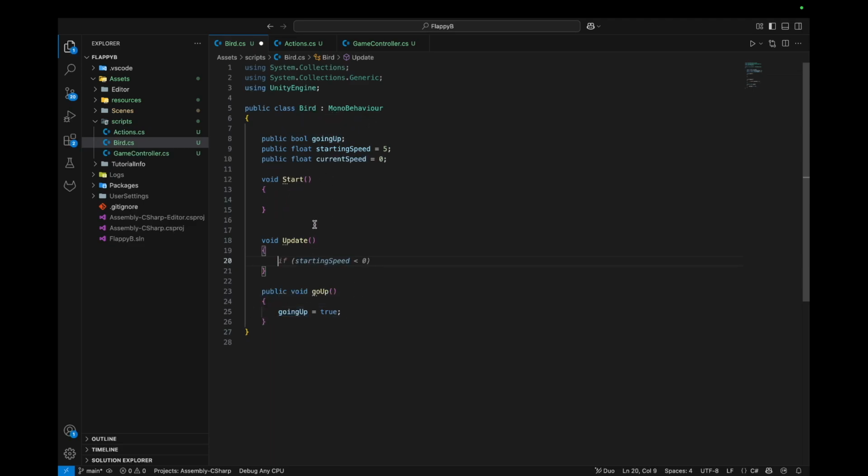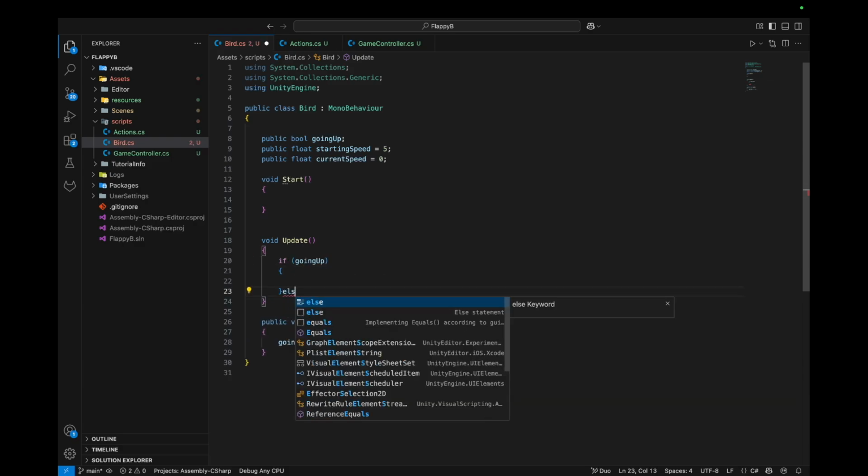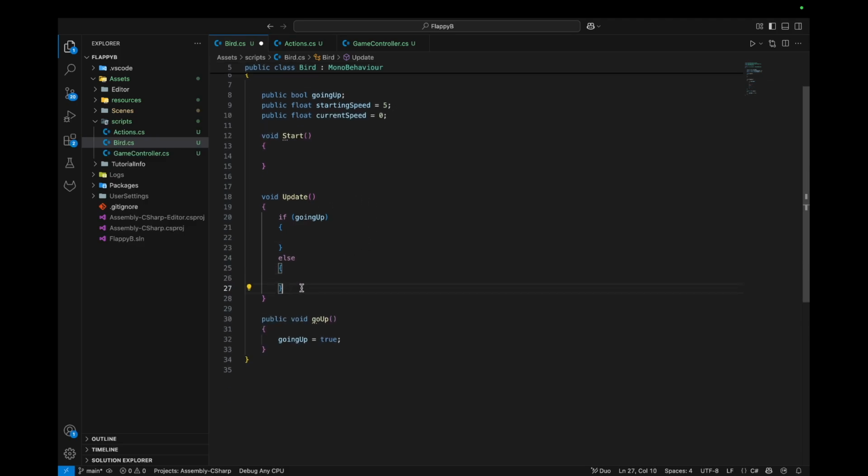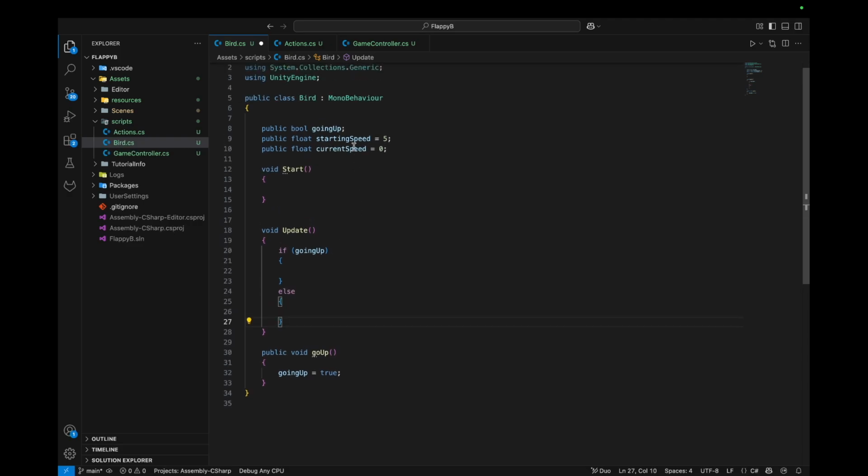Alright, now we can update the Update function according to the variable change. So if the bird is going up, we can say something, otherwise we can say something else. Now we have to think about the logic here. If the bird is going up, then the bird's current speed should change to something other than 0. We are saying the bird's starting speed should be 5 when the bird starts to move in the up direction. So I would say currentSpeed equals